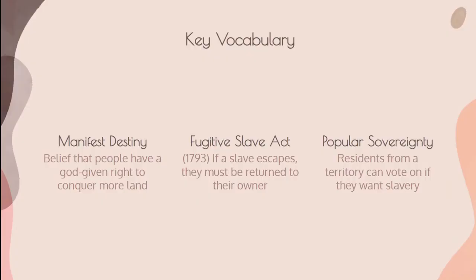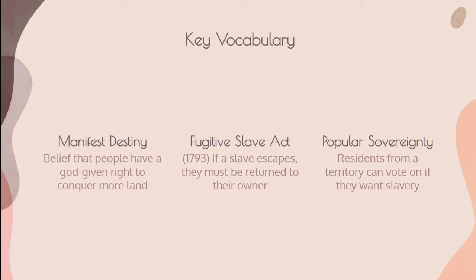First, we have some key vocabulary. ACE doesn't really define, hey, these are the 5 important words you should know or anything like that, so I've picked out a few here that I think are the most significant. We have manifest destiny, which is a belief that people have the God-given right to conquer more land. Pretty much, this is what made Americans want to move westward with all their expansion and led into the Mexican-American